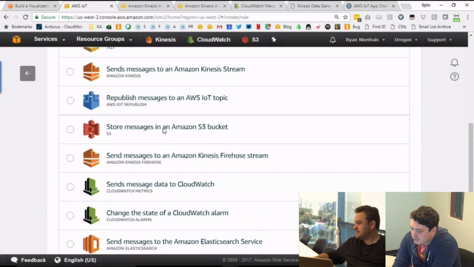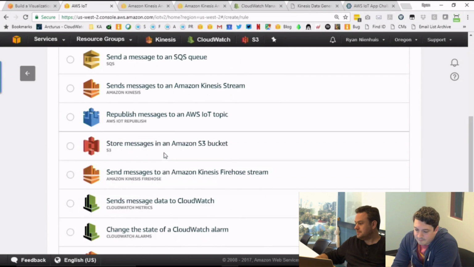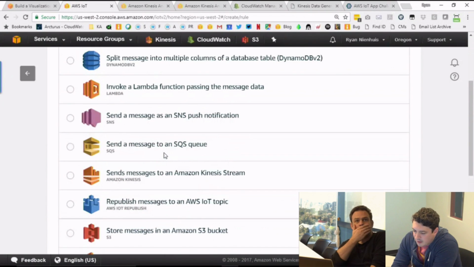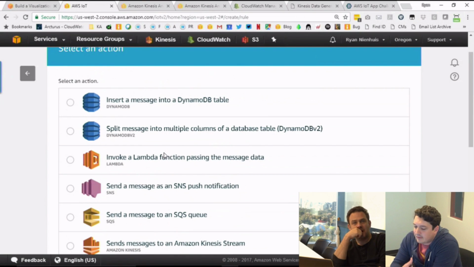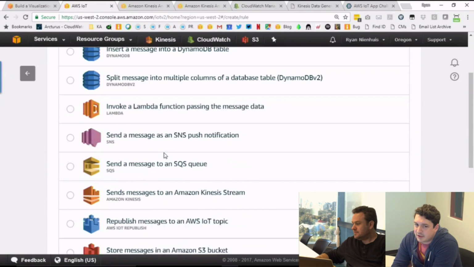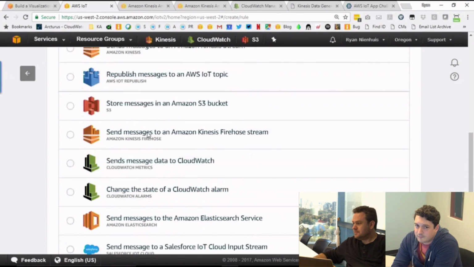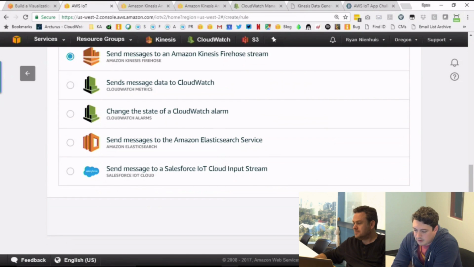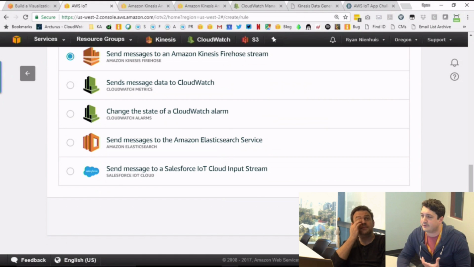You can send a message directly to S3. You can send messages to Kinesis Firehose, for example if you wanted to do ETL prior to hitting S3. Or to SQS topics. If you've used AWS before, you'll see there's probably a service you're very familiar with for ingesting data. In this particular case, I'm going to send to a Kinesis Firehose. Once I configure this action and set the attributes correctly, any data sent to the IoT service that meets the specific criteria will just be forwarded along to the Kinesis stream or Firehose.